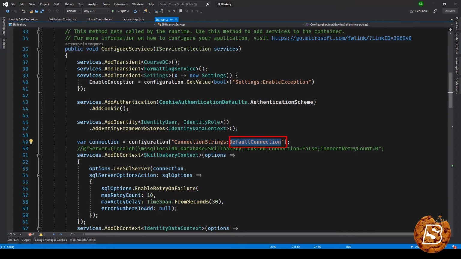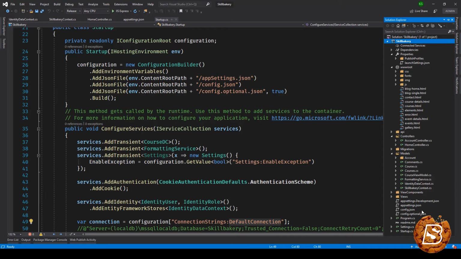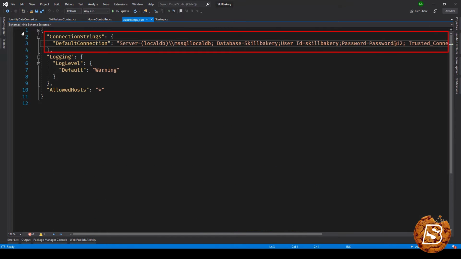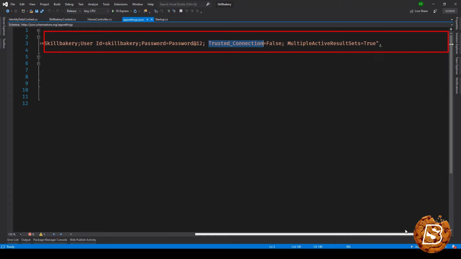Now, in order to access this, we have included this .json file, environment content root path, appsettings.json, which is already available in our application. If I open this up, you can see that this is the connection string that we have added, and you'll notice we have our database server name, database name, then user ID and password, and then we have trusted connection set to false, multiple active result sets set to true. You don't need to have this